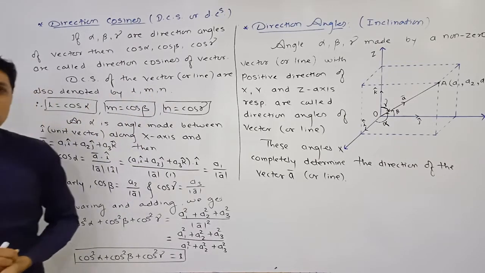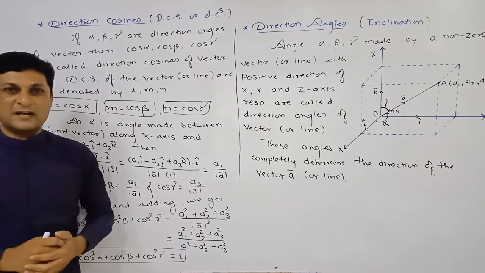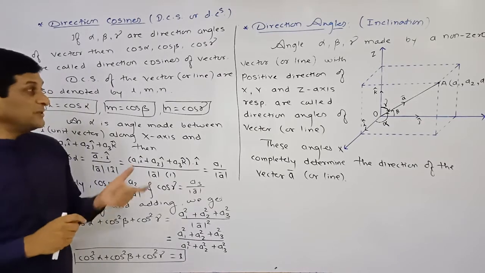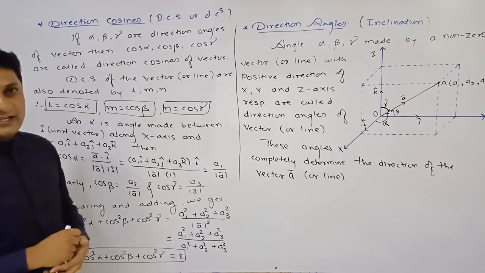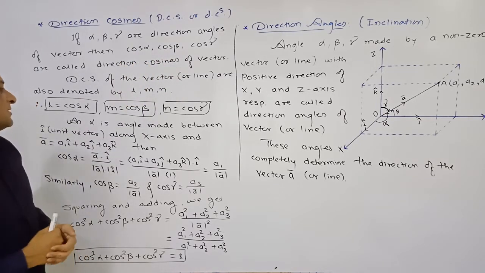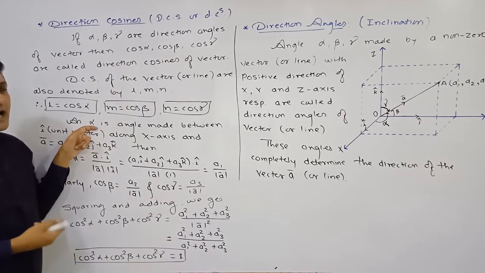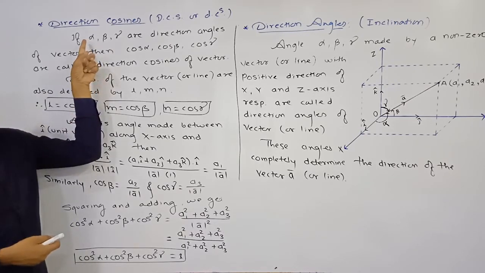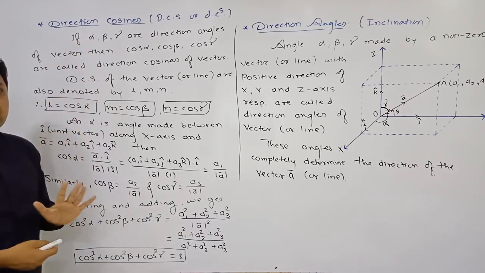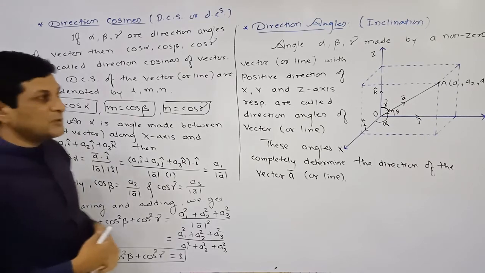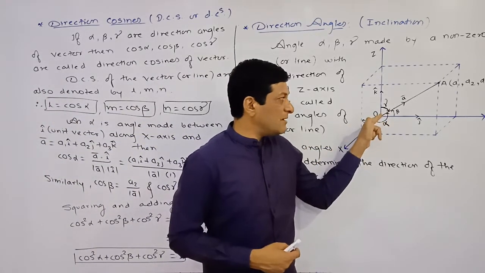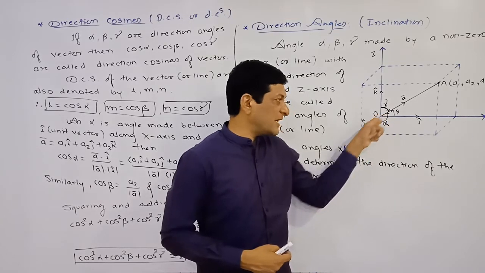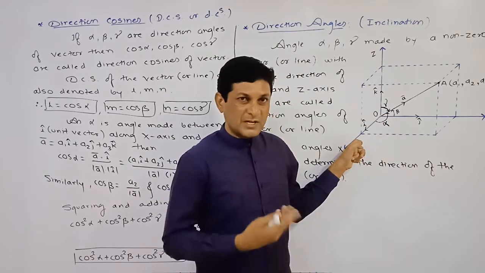Cos gamma. Now we are trying to prove one very important result which will be satisfied by these direction cosines of a vector or direction cosines of a line. So now here alpha, according to our supposition, alpha is what? Angle made by vector with which axis? X axis. And already we know that which is the unit vector along x axis? I cap.